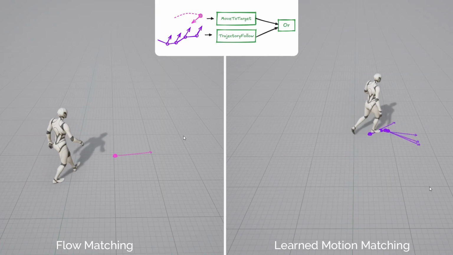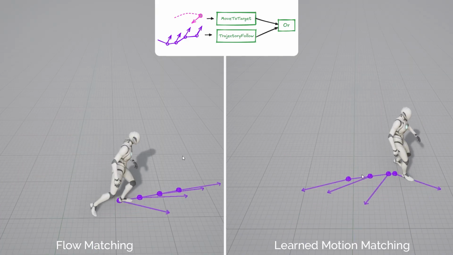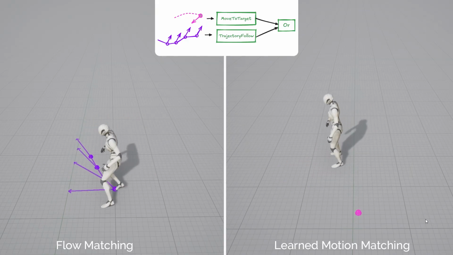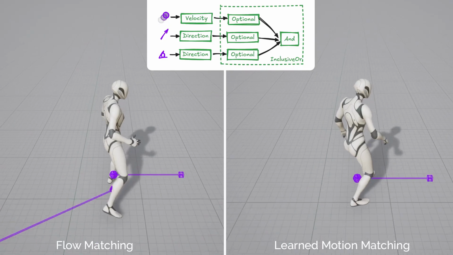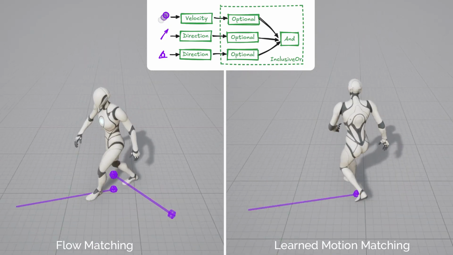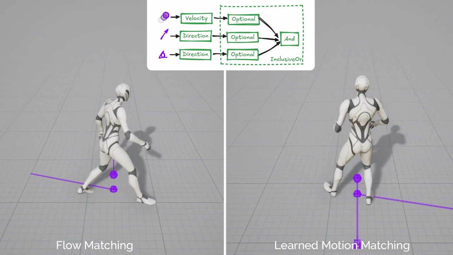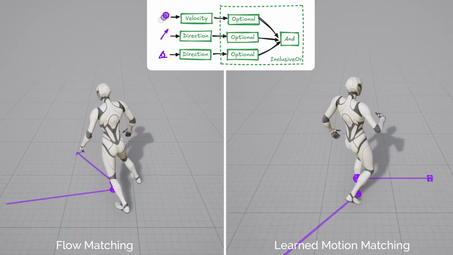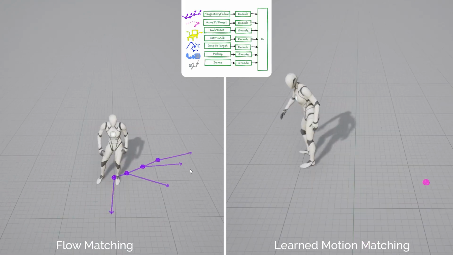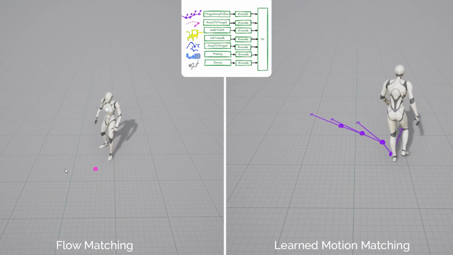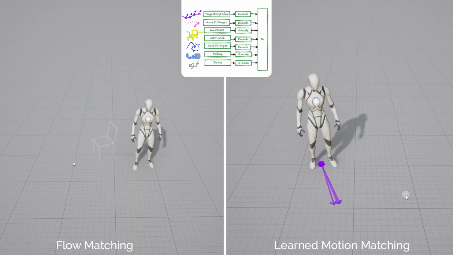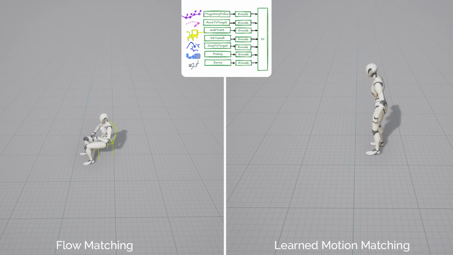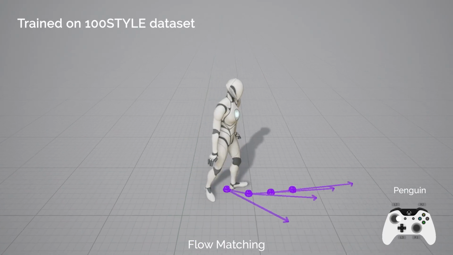The OR operator describes that one of the given set of controls will be provided at runtime. This can be used to train a single controller with multiple different modes of control. An inclusive OR operator can be defined to describe that any of the given subcontrols may or may not be provided. For example, here we condition on different combinations of desired velocity, facing direction, and lookat directions. By composing such controls together using the operators, we can build controllers which can perform multiple skills using a single network. We now show a few more results using our flow matching model.